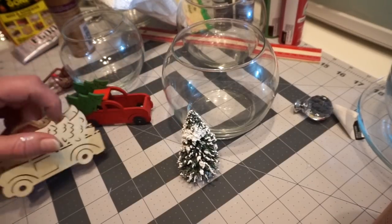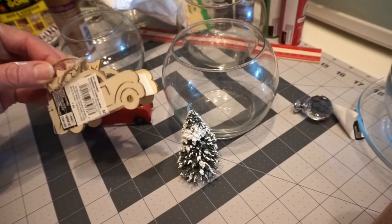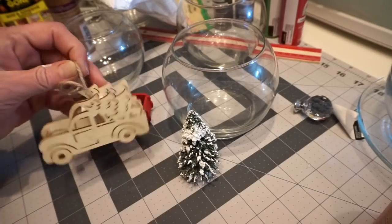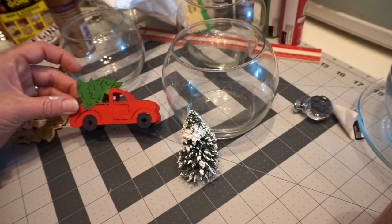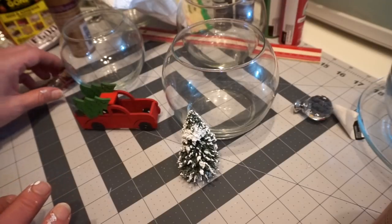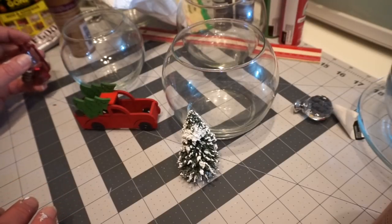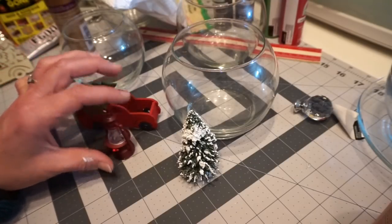It did come looking like this. It's one of the ones that I picked up from Michael's. So it looked like this. Was it Michael's? It's $2. So I think it was Michael's. They look like this when you first get them, and then I painted it and now it looks like this. It's not perfect, but it'll work, so that's good enough for me. I don't have any more red truck stuff because pretty much everybody sold out of red truck stuff around where I live. Then the other thing I'm going to be using is a lantern,